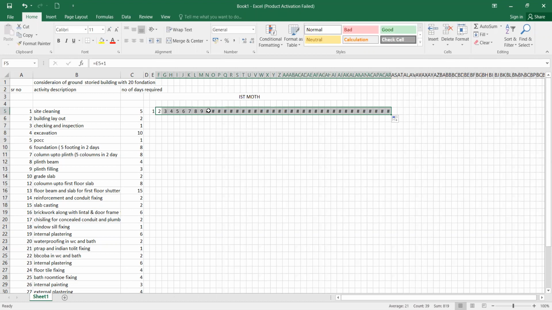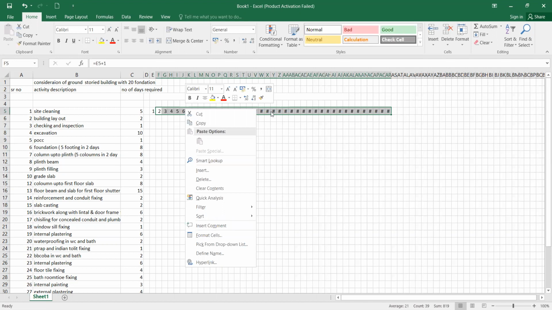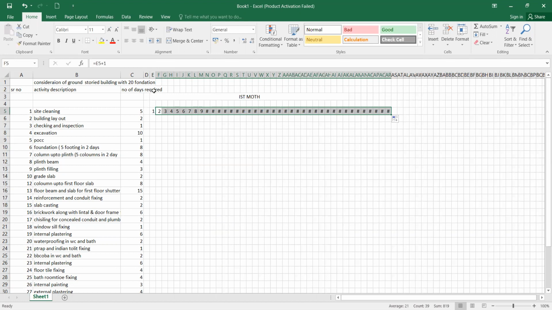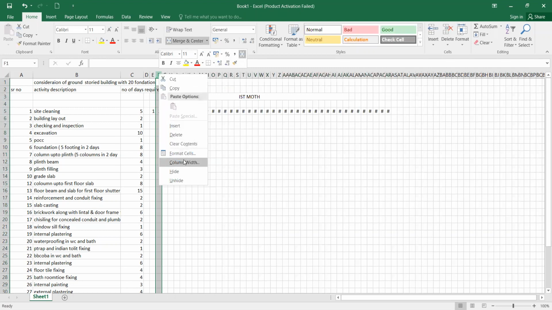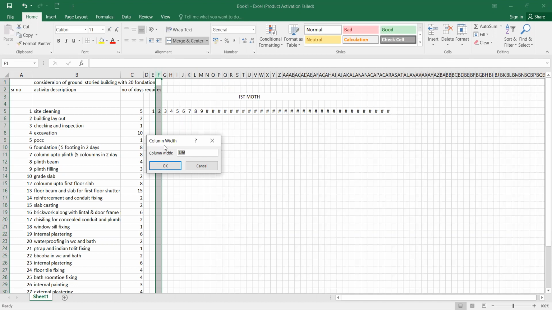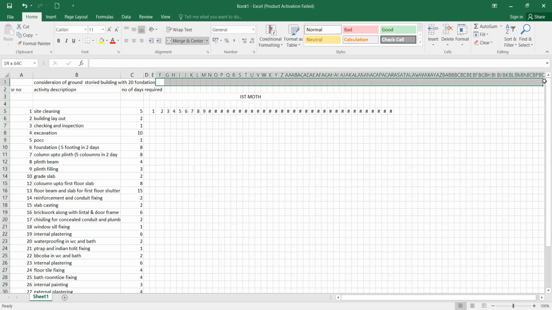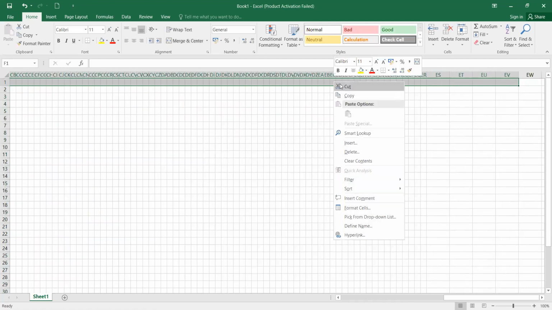Because the column row has become shorter, you have to adjust the column width. You have to increase the column width a bit higher. For this, again, you go here, check the column width, and make it 2.5. It is 2.5, and it has come down. Now you drag this out for the entire row. Hold it in any one of the columns.